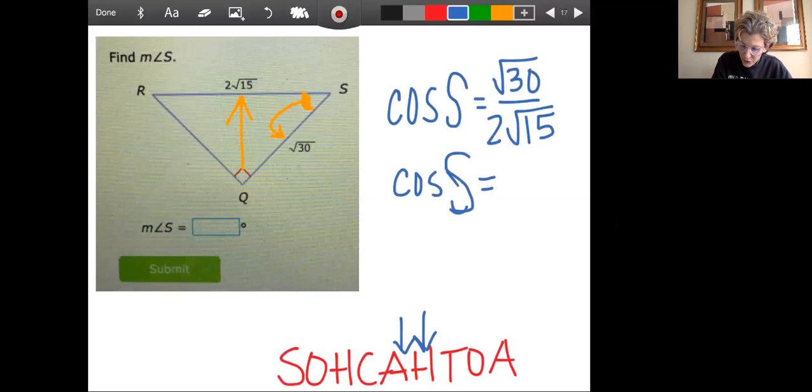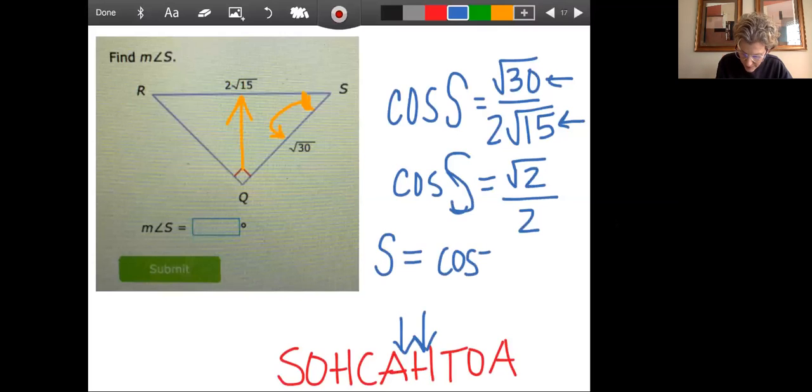equals, and 30 can be divided by 15 since they're both under the radical. So we end up with square root of 2, 15 goes into 30 twice, over 2. Now remember, when you're looking for the angle, we're trying to find the measure of S. We need to undo that cosine, or inverse cosine. And so the measure of angle S is going to equal the inverse cosine of square root of 2 divided